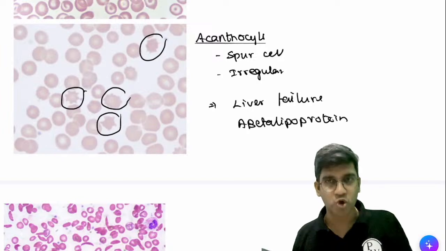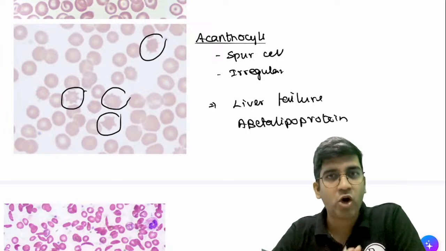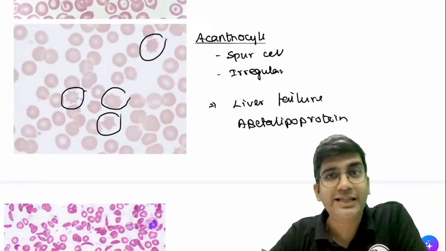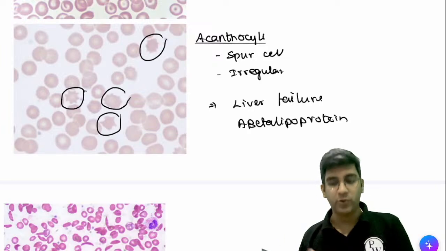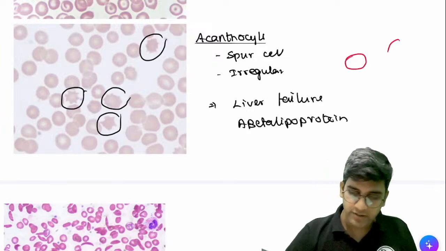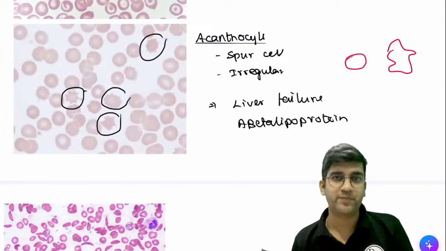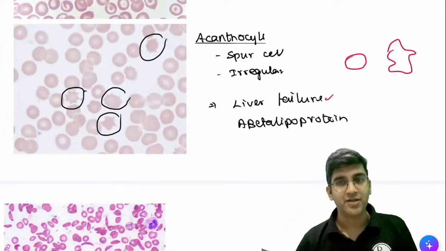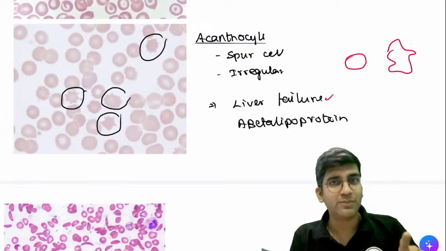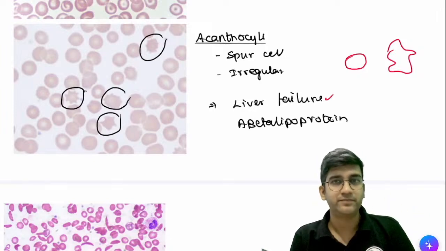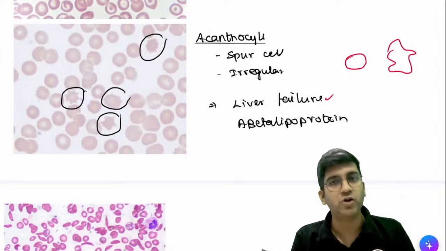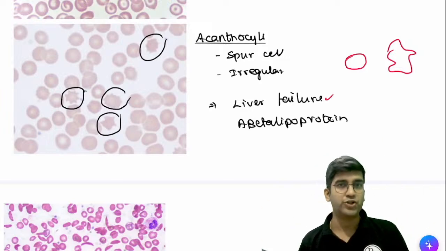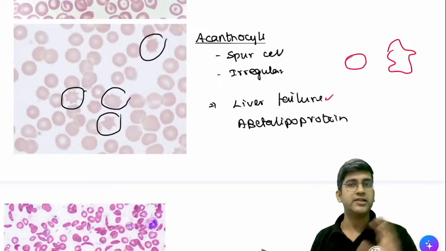If the beta lipoprotein is not there, will the cell membrane be normal or abnormal? Because the cell membrane is made of phospholipid bilayer. It will be abnormal. So when I don't have beta lipoprotein, the cell membrane is supposed to be like this, goes like this. That's what happens here. So now look at the first option. Can I say liver is the one which metabolizes every phospholipid? That's all. So if liver fails, phospholipid, LDL, VLDL, HDL cannot be formed properly. My membrane cannot be normal. It goes like an irregular projection. We call it an acanthocyte, right? That's how it causes it, fine.